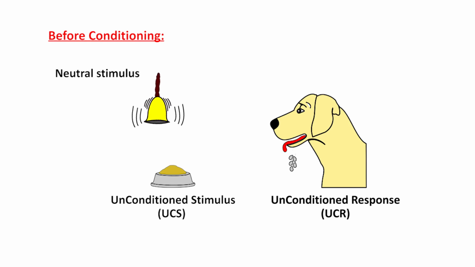Here, the neutral stimulus is the sound of a bell. It is found that the neutral stimulus can evoke a response when paired with the UCS several times. Therefore, the unconditioned stimulus UCS refers to naturally occurring stimuli that evoke a response, whereas the unconditioned response UCR is the automatic response that is manifested when subjected to the unconditioned stimulus.